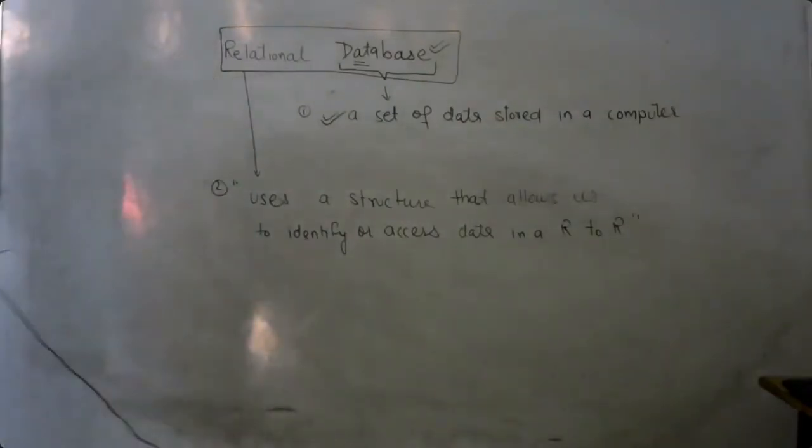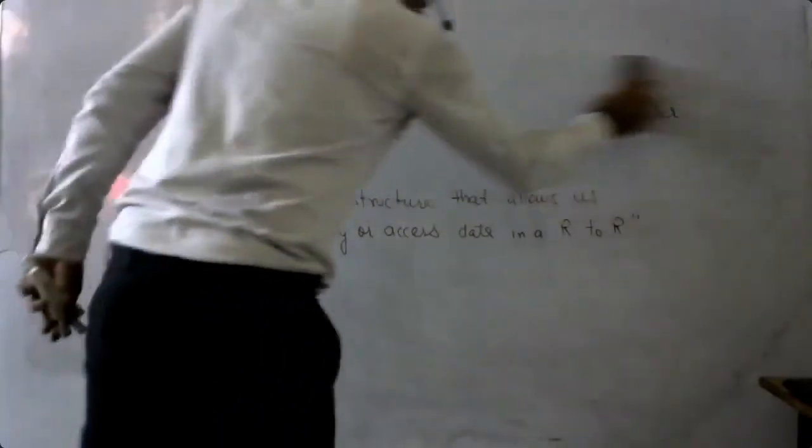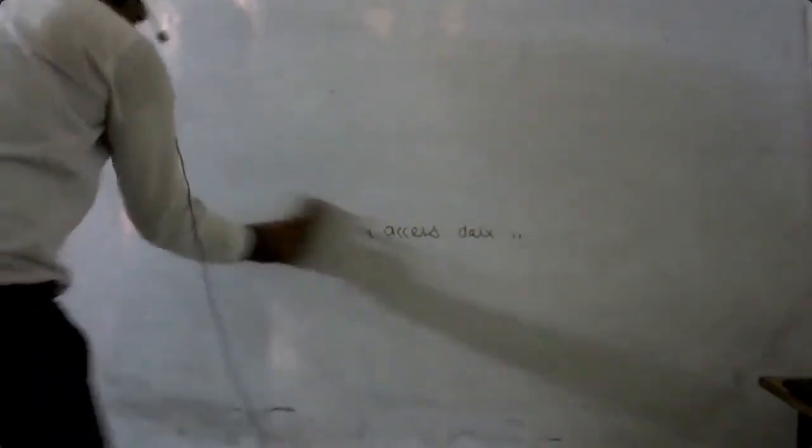And the second one was relational database. A database is a set of data stored on a computer or in a computer, and then there was the relational database. Now, next one. These terms we are discussing here in a theoretical manner, but trust me, later on you will understand that these are practical terms and are used somewhere in the development of software.